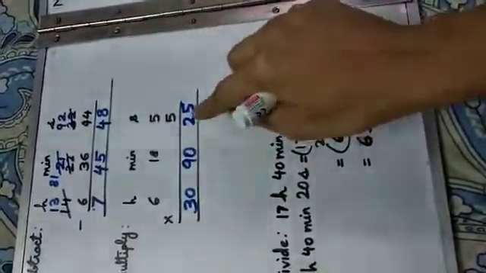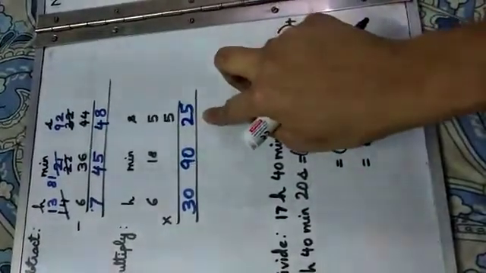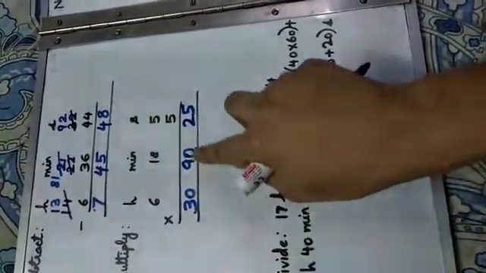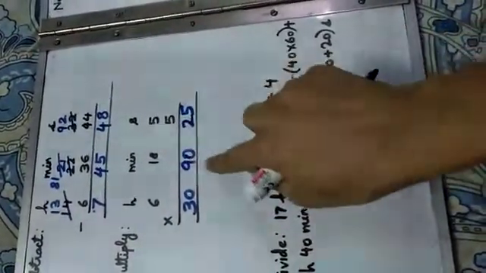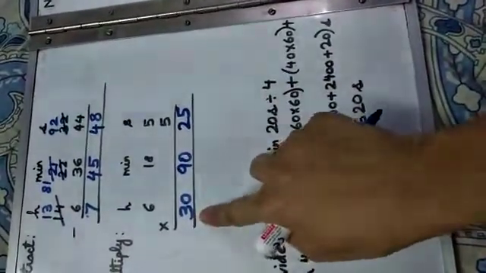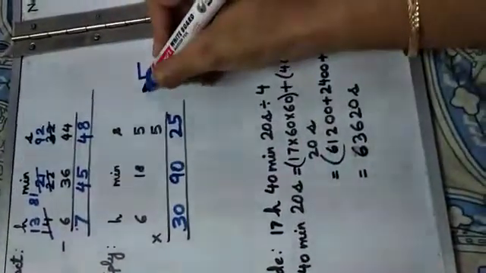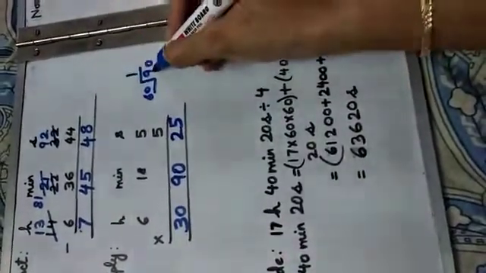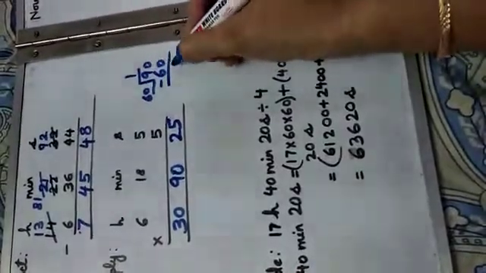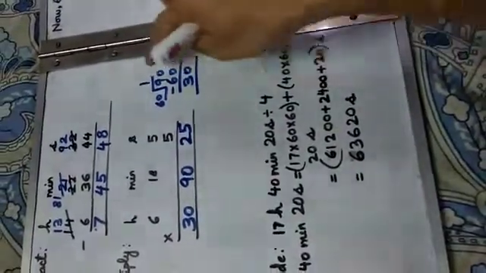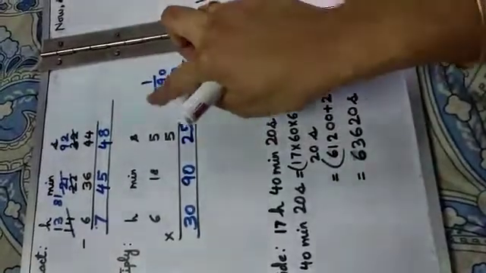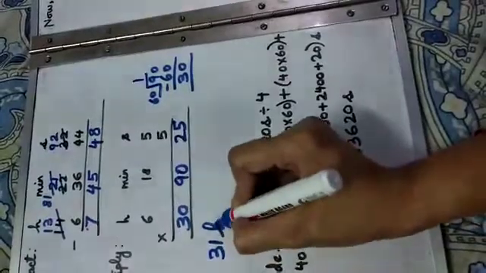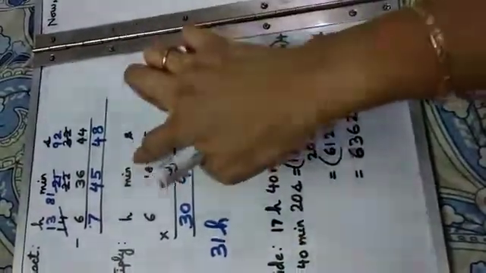Remember, I have said that whenever seconds will be more than 59 or 60, it will be converted into a bigger unit. Here we have 90 minutes. So they will be converted into hours. We will divide 90 by 60. So it is 60 ones are 60 because 60 twos are 120. Remaining is 30. So what will happen? This 1 hour will go to 30 hours. So the answer will be 31 hours, and what is remaining? 30 minutes is remaining.